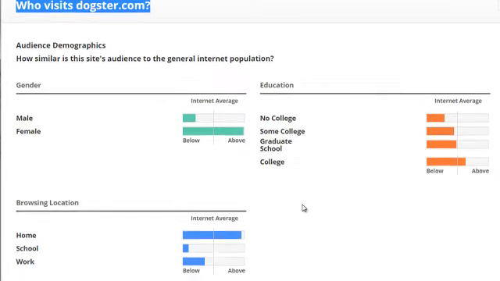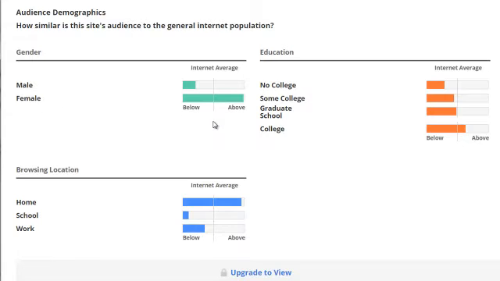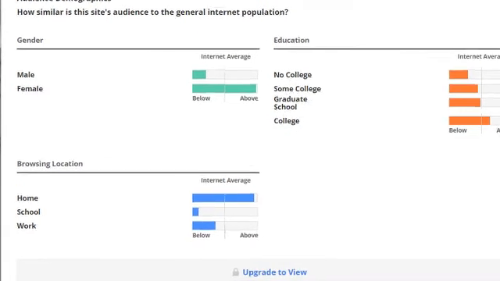So we can see that the majority of it is female. It looks like about 90-95% female and about 5% male, or maybe a very, very little percentage of male. Then we can see that these females have at least college or graduate school, and they surf primarily at home. Now, that's all the data that we need right now, because we can always use the next step, which is